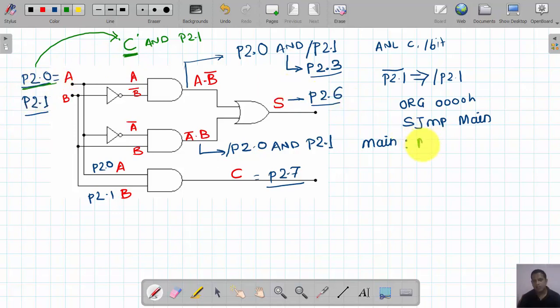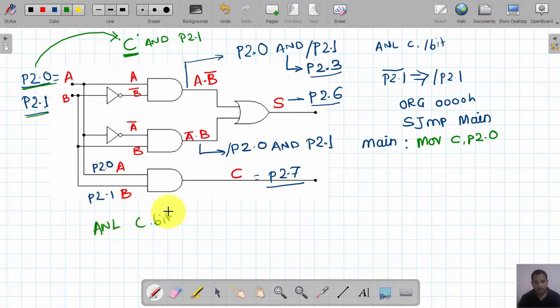So the first statement: MOV C comma P2.0. Whatever the status, either 0 or 1, now gets copied into the carry bit, so this task is done. Now we have to AND C with P2.1, and for that the instruction is ANL C comma bit.